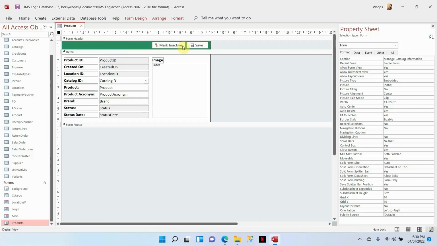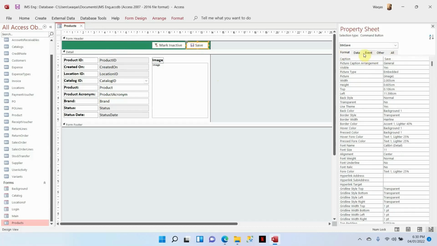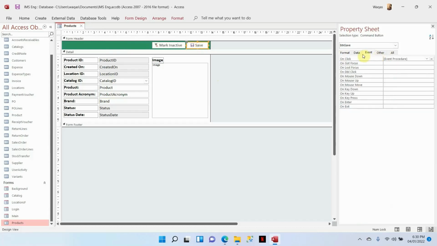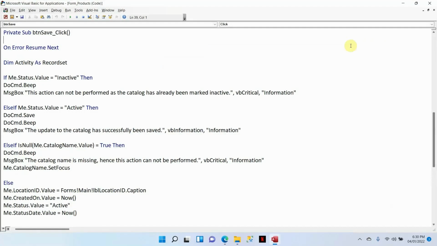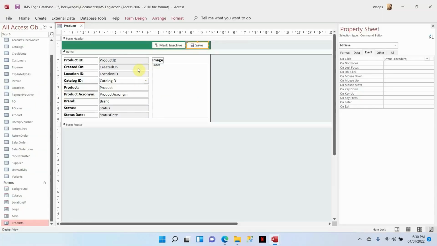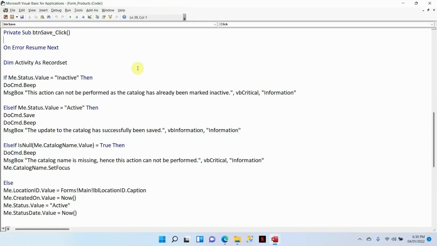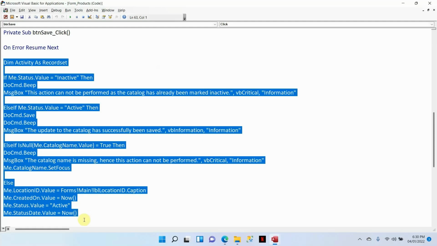This was another form, and therefore if I go to the back end of the buttons by clicking on the event tab and on click event, you will see there is already some code, because I already mentioned that I copied this form. All right, so that's why. Anyway, we are going to get rid of all of this